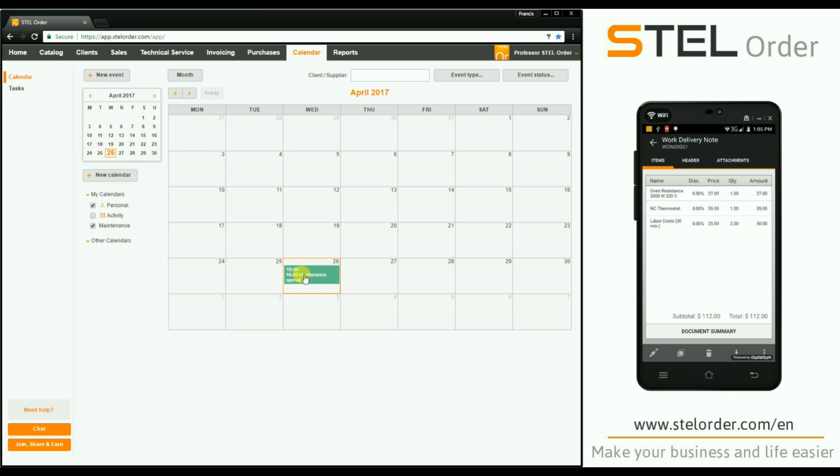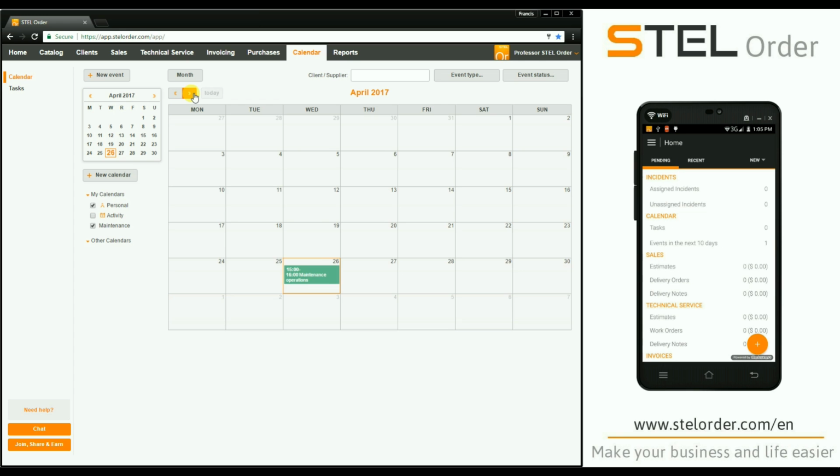And that takes him back. Okay, so let's just double check this has been created in the future as well. And indeed, 3 months down the line, the client has another scheduled event, this time to carry out the same maintenance operation. Now, as the technician who is attending this event, all they need to do is go to the